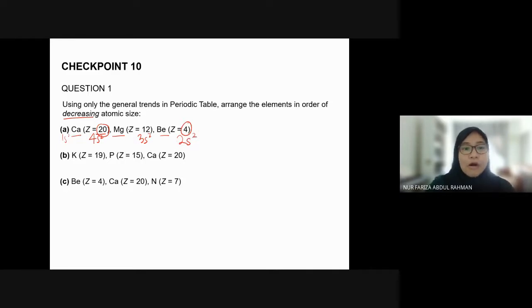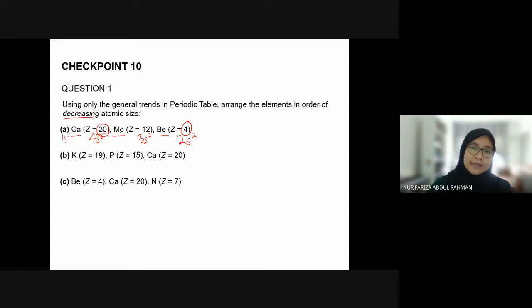Okay, all of them come from the same group. Since they come from the same group, obviously it is not across the period. It must be going down the group. Okay, when going down the group, we need to highlight in terms of